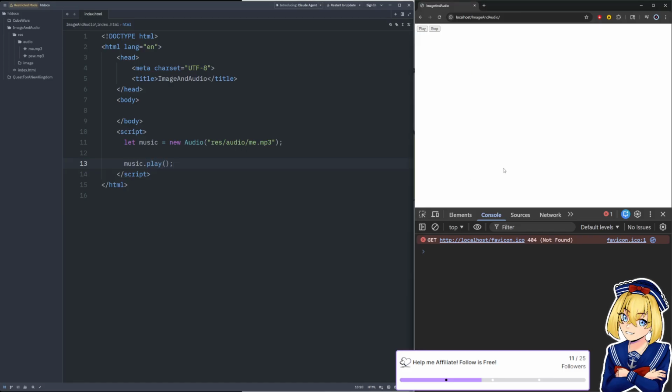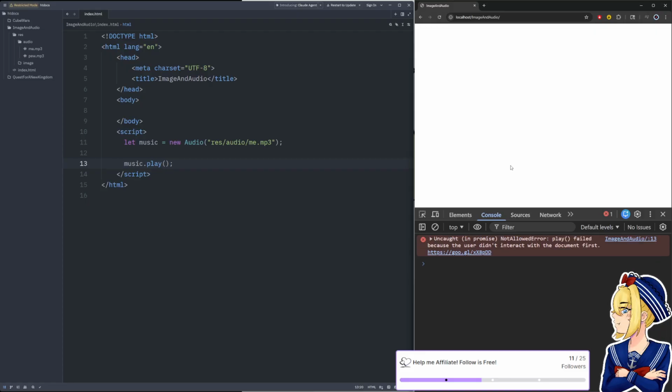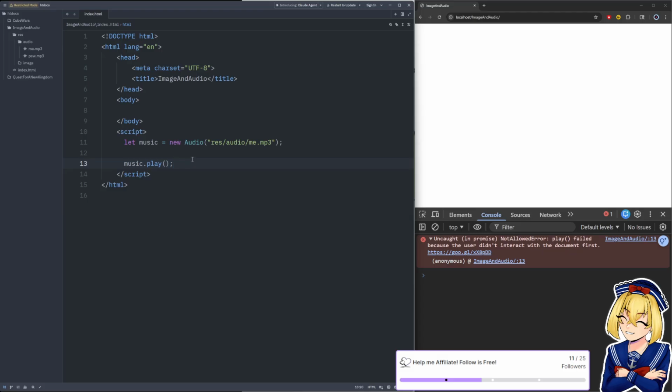Now we might have to interact with the page again. Let's refresh. Yes, so we have to interact with the page first. It's still mad with us about that. So let's put the button back, just to make it so we have some interaction with the page. And then we need to give it an ID.